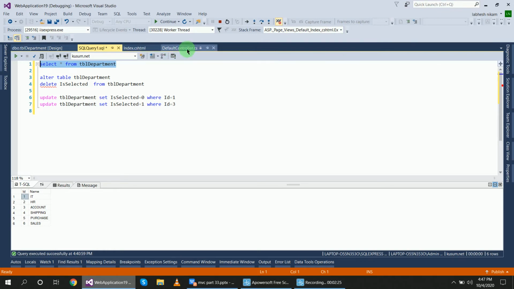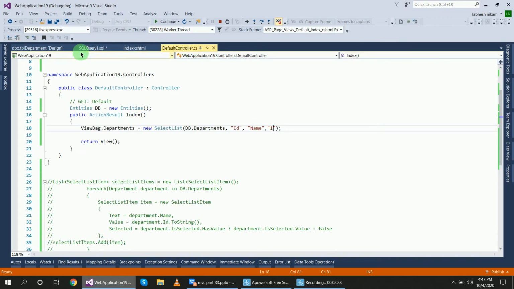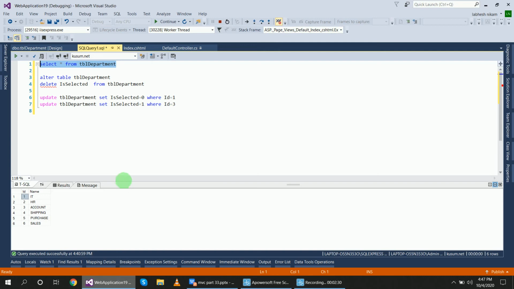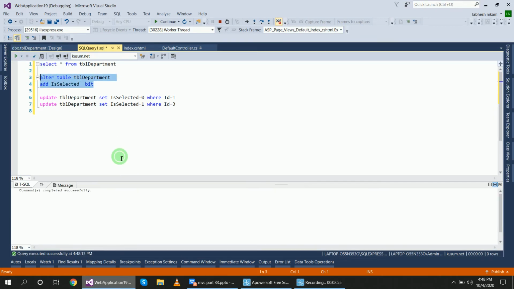So before adding this value, we have to add the column in the SQL table. I will write ALTER TABLE tblDepartment ADD IsSelected bit, so it will add this field to the table.